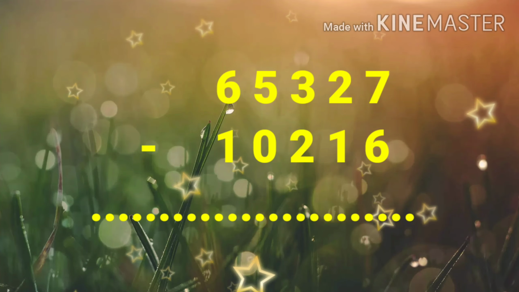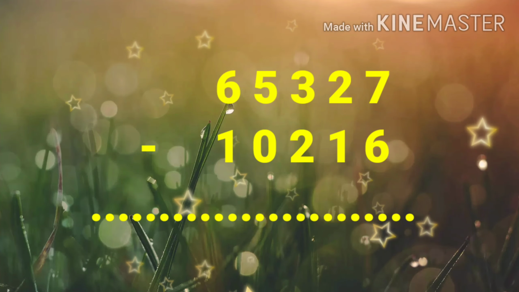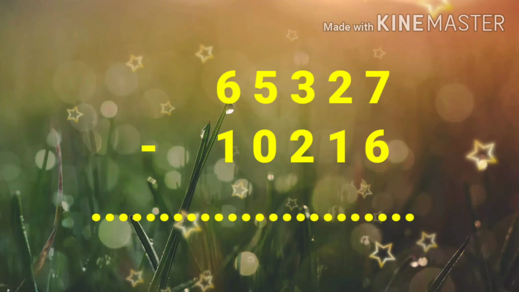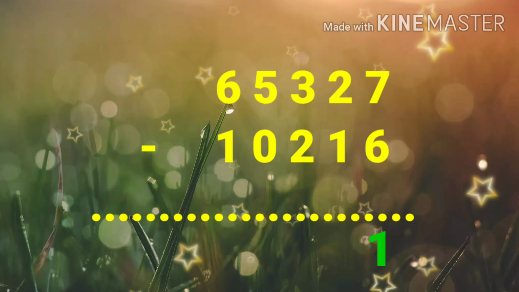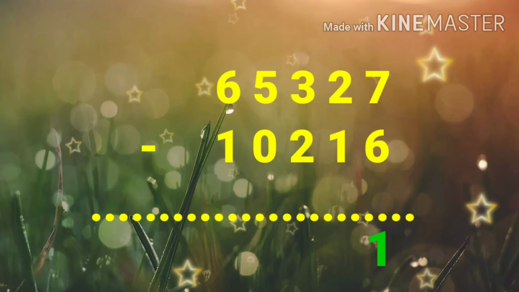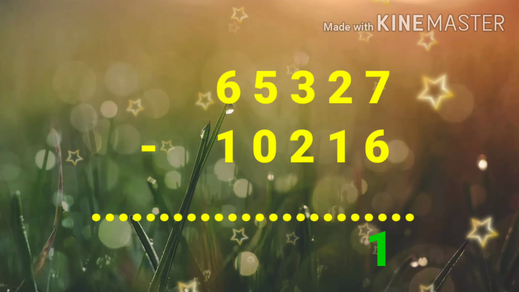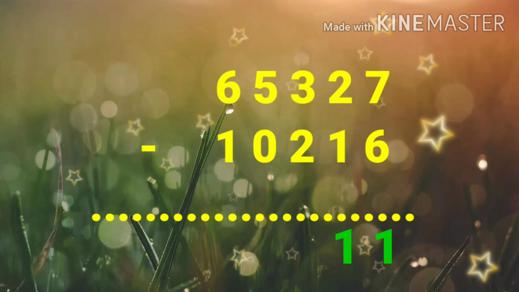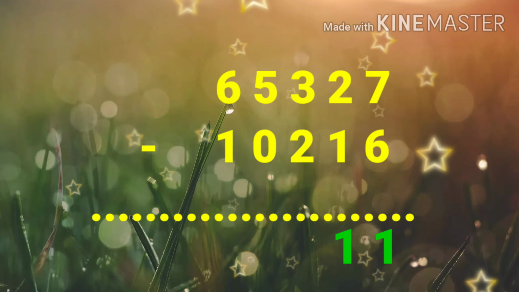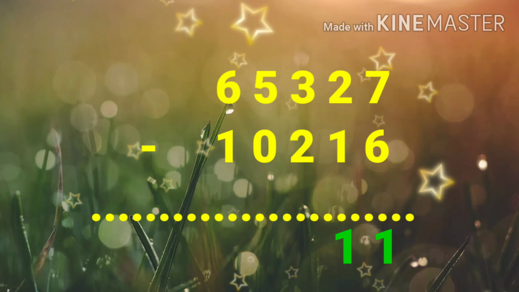65,327. Now see the ones place, 7 and 6, this is match. So what should be added to 6 to get 7? That is 1. Now see the tens place, 2 and 1, this is also match. What should be added to 1 to get 2? That is 1. Now see the hundreds place, 3 and 2, this is also match. What should be added to 2 to get 3?